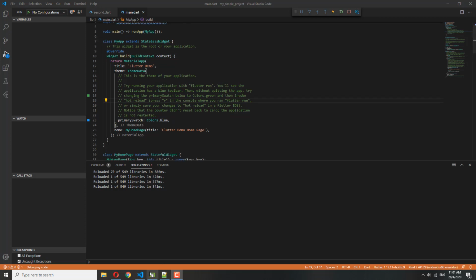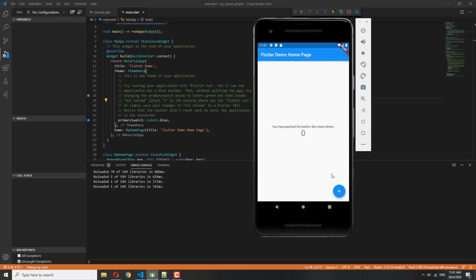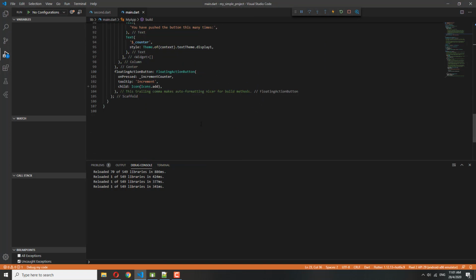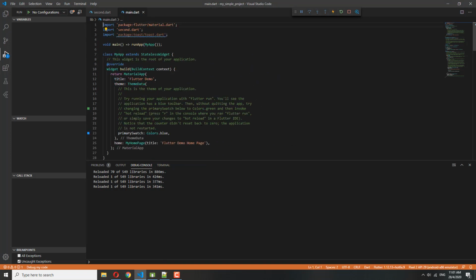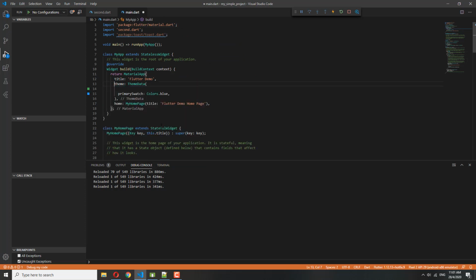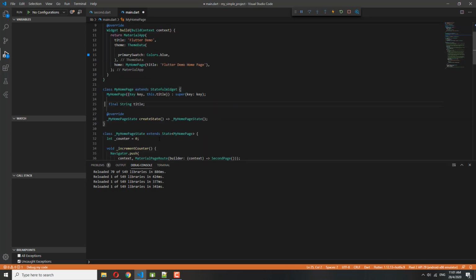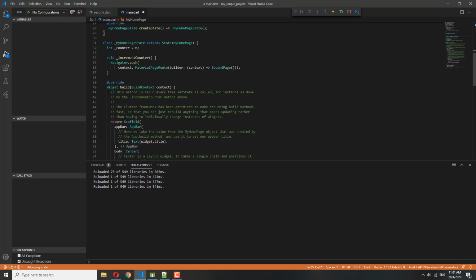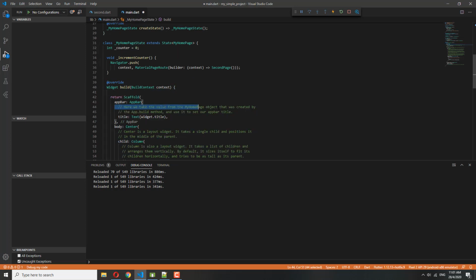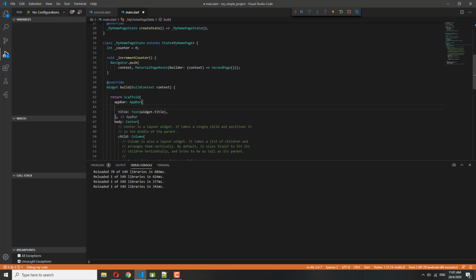Yeah, for now we go back to the main page. So we have this. If we don't want this floating button, we can just remove this. But first, because the code is pretty long, we just remove all the comments and leave all the basic code that is needed. Alright, so go ahead and remove all the comments in the code